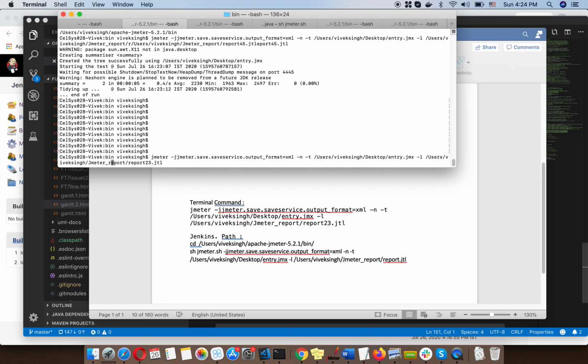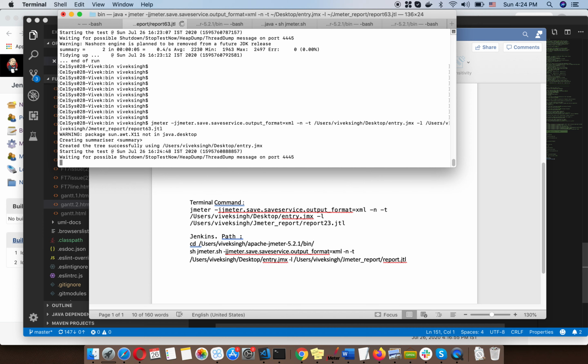And let me give some name, 63.jtl, so inside my JMeter folder this report will be created automatically by this command. Let's hit this and see.